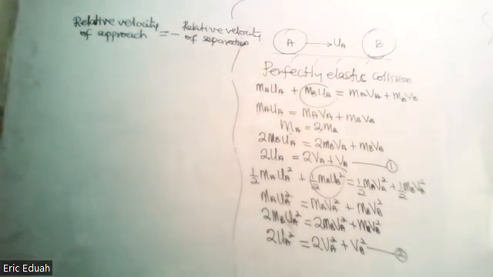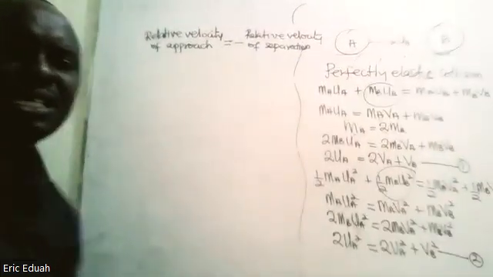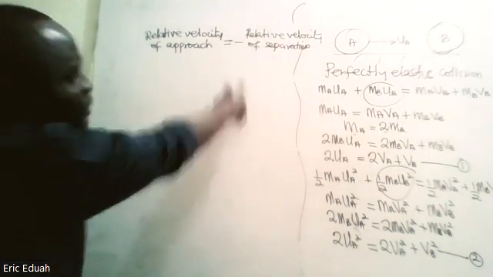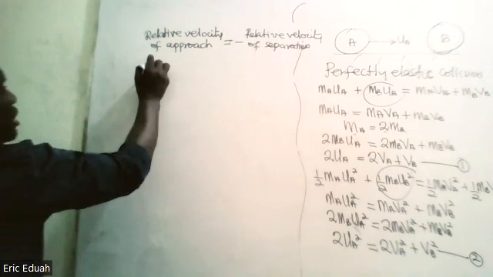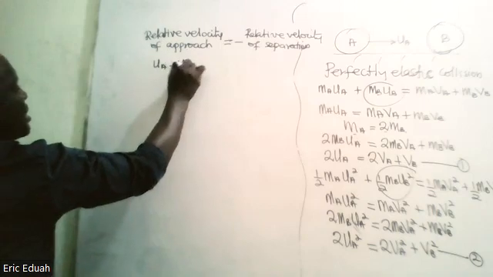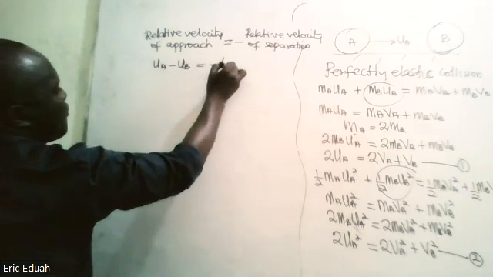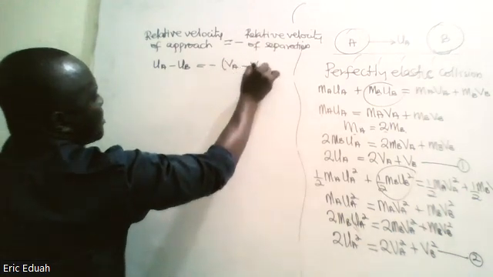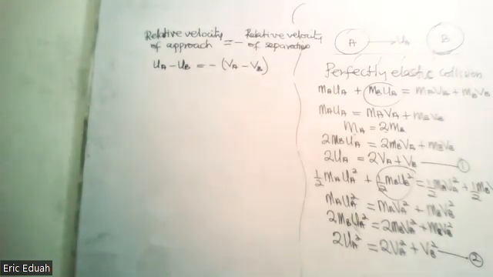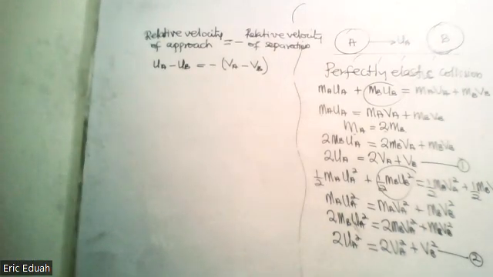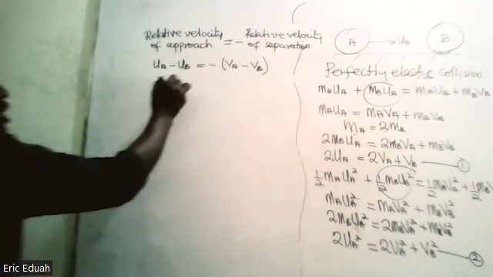Some of you will derive this whole formula; I did that with you. But it is from this concept that the relative velocity of approach is equal to the negative relative velocity of separation. So, UA minus UB is equal to negative of VA minus VB. Mathematically, this is what I mean by what I've stated in words. Okay? Because UB